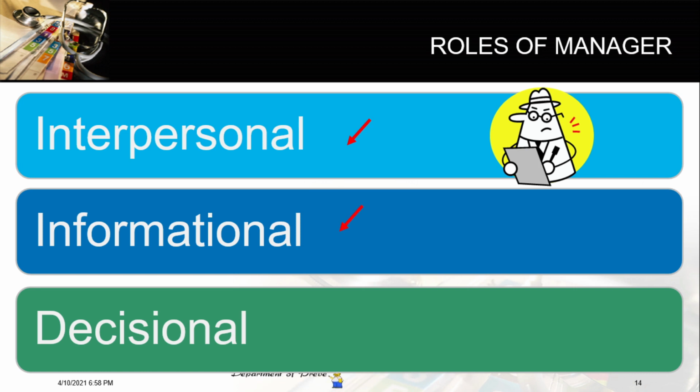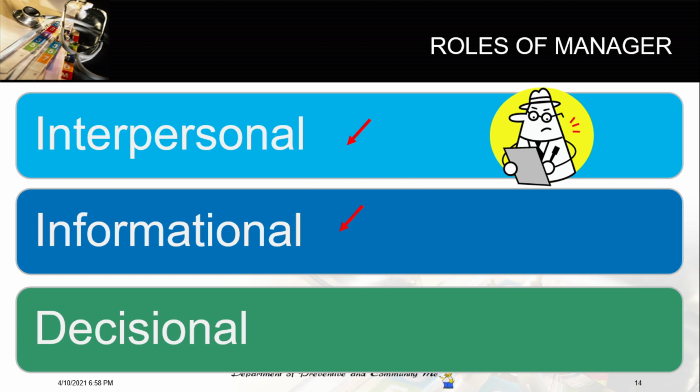For the informational category, the managerial roles in this category involve processing of information. The manager is a monitor. In this role, he regularly seeks out information related to his organization and industry, looking for relevant changes in the environment. He also monitors the team in terms of both productivity and well-being. He is also a disseminator. This is where he communicates potentially useful information to his colleagues and his team.